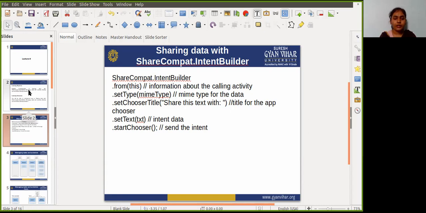The Android system tests an implicit intent against an intent filter by comparing the parts of the intent against each of the three elements.